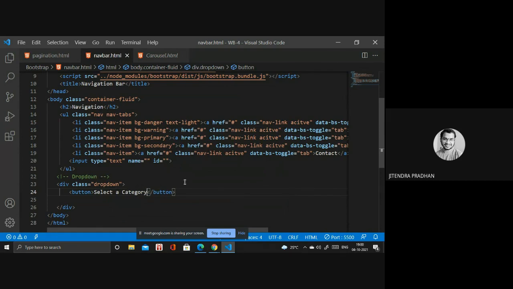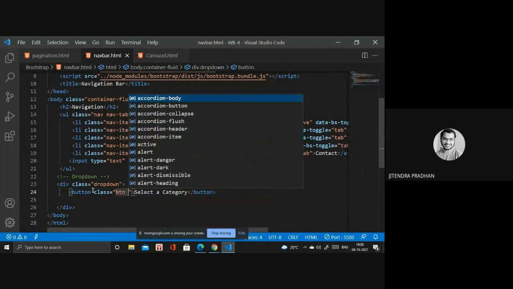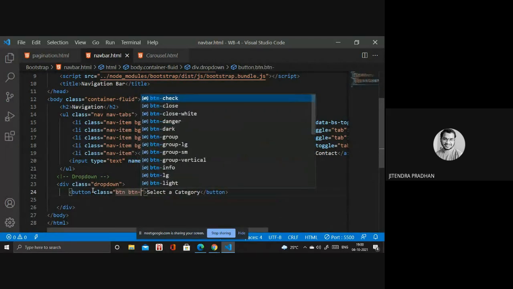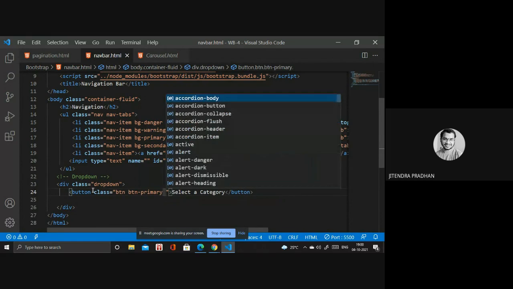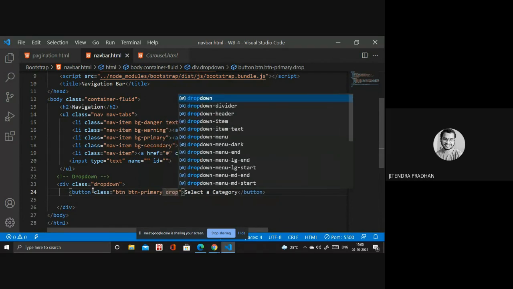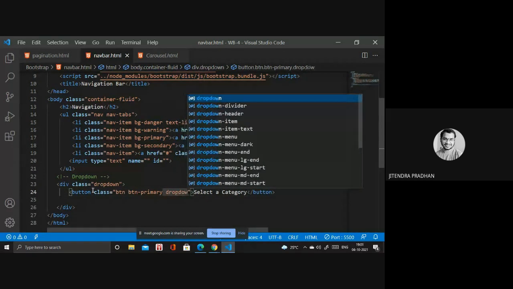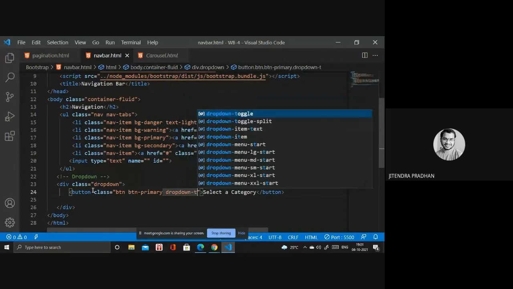Next we have to design the class inside the button. It's like btn primary, btn secondary, whatever you need. And next thing we require for that is drop down toggle.